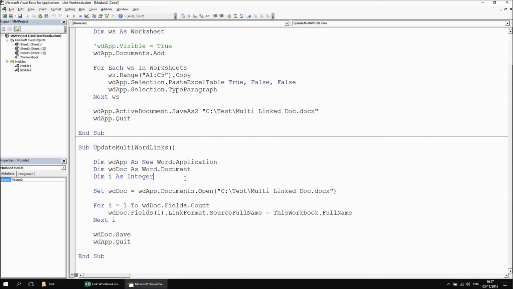Just as one final idea to wrap up this video, of course we've been manually moving our Excel file around to demonstrate the breaking of links between documents. But of course, if you saved your Excel workbook with a different name, that would have a similar effect. Now, rather than having to manually execute the update multi-word links procedure to update all the links after you've saved the document, what we could do is tie in a call to this procedure to the save event of the workbook. So what I'm going to do at this point is just head into the This Workbook object by double-clicking on it,